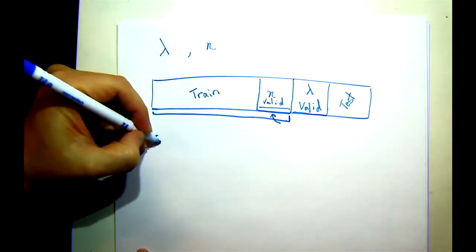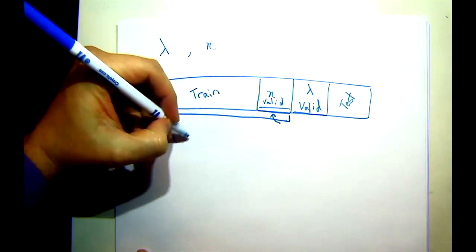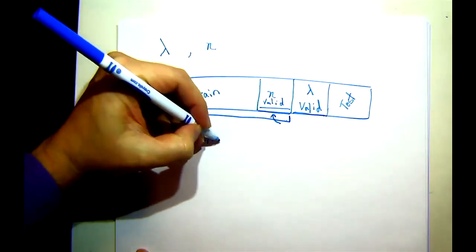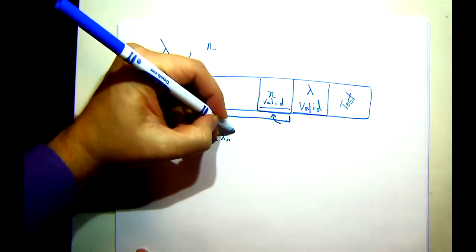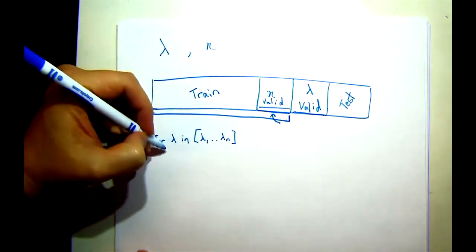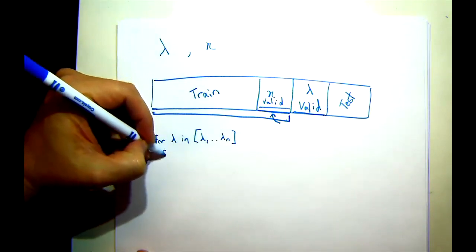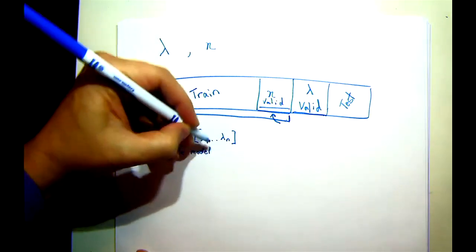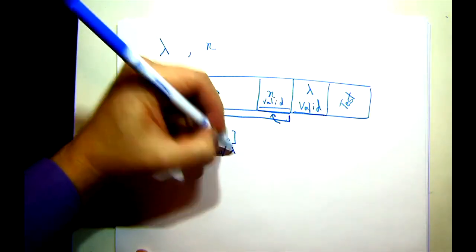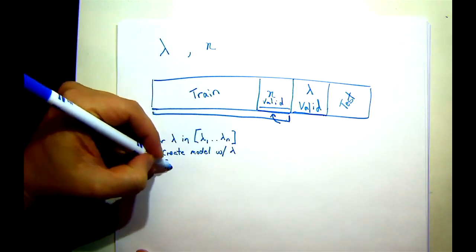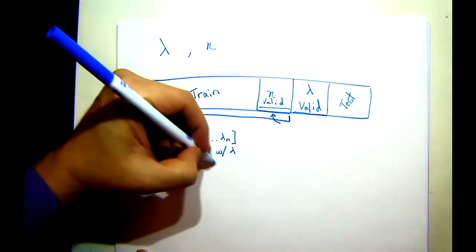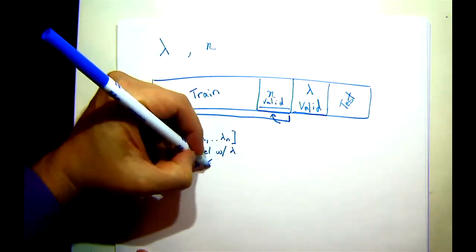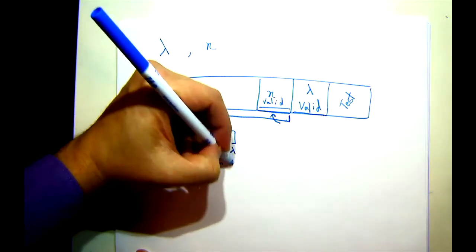This is a for loop. So we're going to have for lambda in lambda 1 to lambda n, you're going to have some outside loop. Then for each of these, you'll create a model with lambda, and then for each season, let me write this, k in number of seasons,